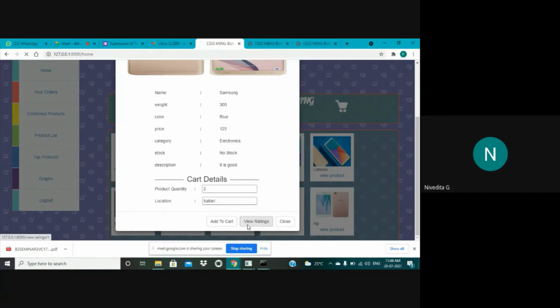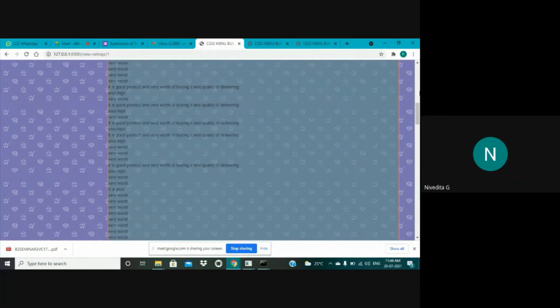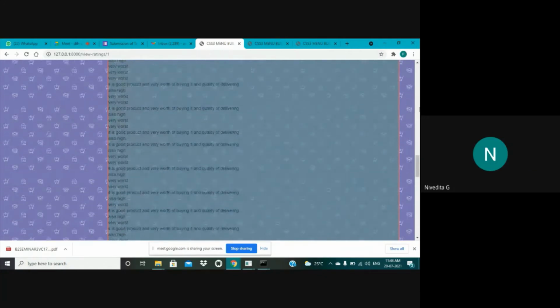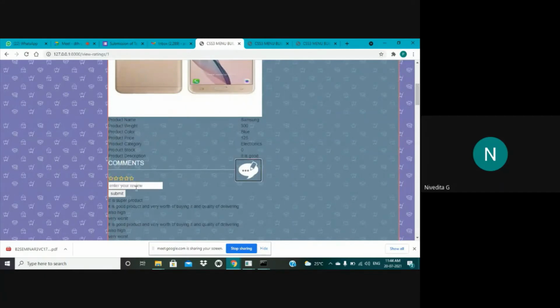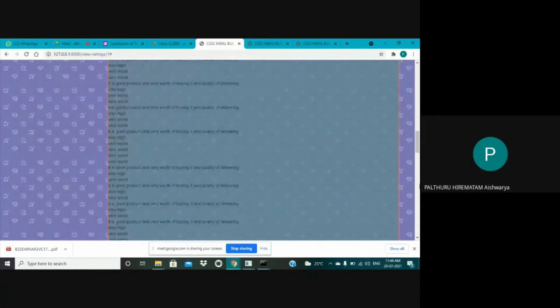So for this product, we can see the following are the ratings given by various users, and the user also has the privilege to give ratings and reviews for that product. When we press that icon, we get the options of giving the ratings and reviews for this product. So we'll try to give one rating, and it will be displayed. I have given "super product." It is a super product, which is reflected in the space of the same current page.